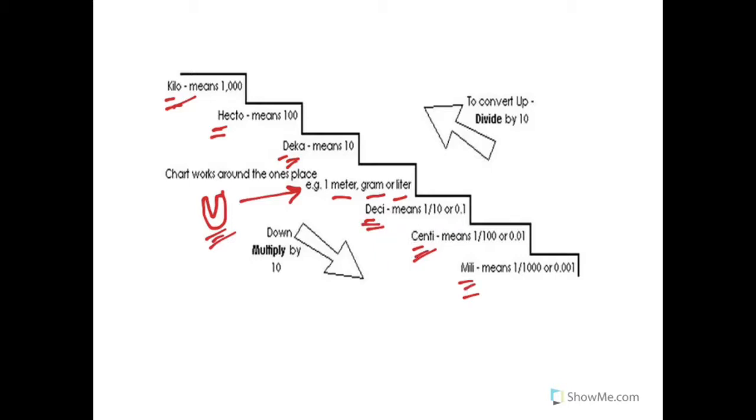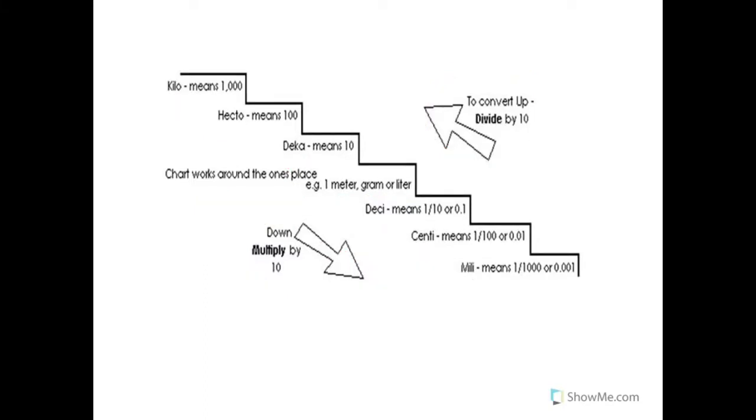And we'll be making our own conversion charts that you can use, and it's actually going to be a pretty cool thing. I'll show you how to use it in class. But I want to show you just the basics of it right now. When you are converting up, you divide by 10. Each step you divide by 10. Going down, you multiply by 10. What makes that so easy